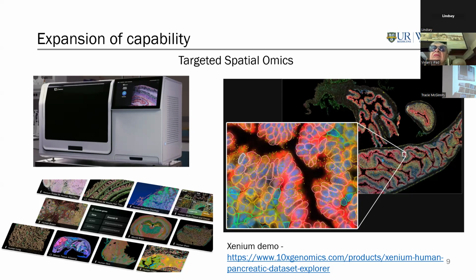With new technology, I'm showing here, it's a technology from 10x Genomics called the Xenium. We now can offer single cell resolution spatial transcriptomics. So what this means is you can look at single cell resolution, what expression of transcripts are in a cell relative to another cell. You can ask questions around, I have a tumor, how heterogeneous is that tumor based on